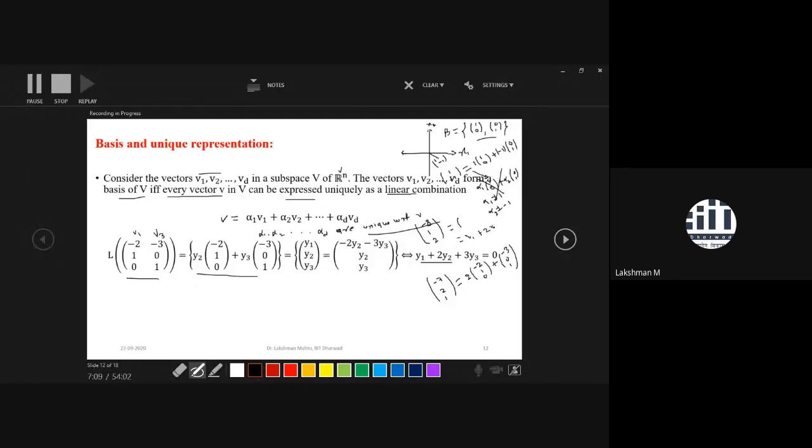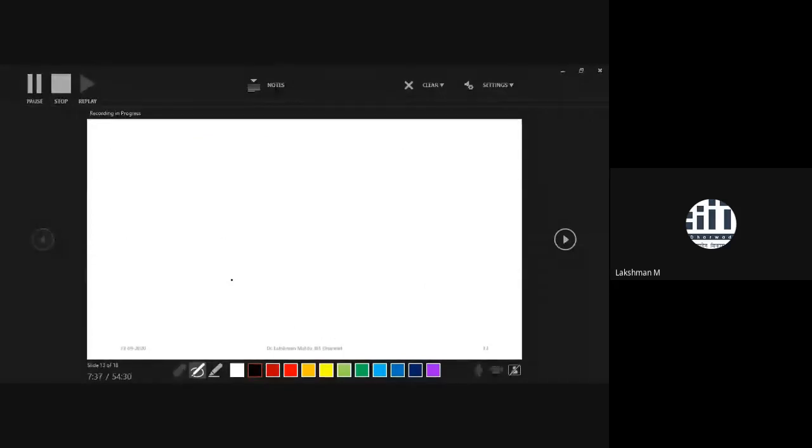So every point in R3 that lies in this plane comes with respect to two vectors, so it is a plane. Call it a vector space V, subspace V. If you take any point from this plane, then that point has to satisfy this equation. Due to that, you are getting this kind of point. That point again can be written uniquely as a linear combination of V1 and V2. That is the criterion: unique representation. Every vector has a unique representation.